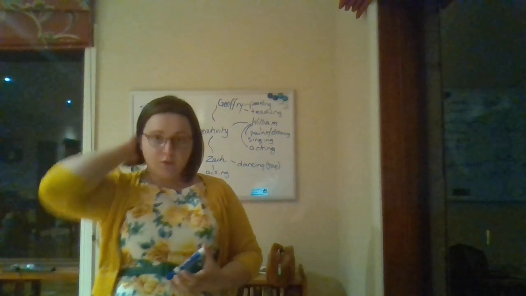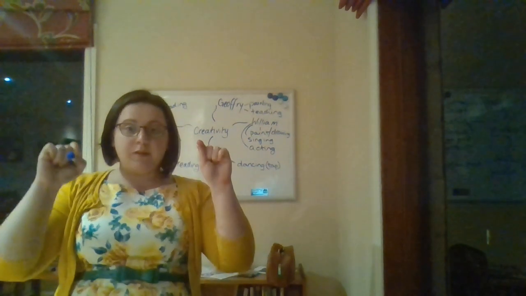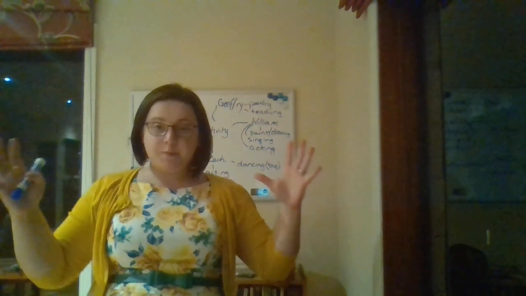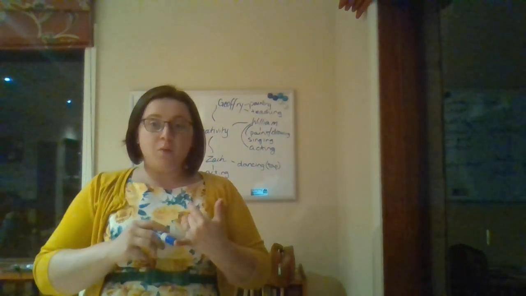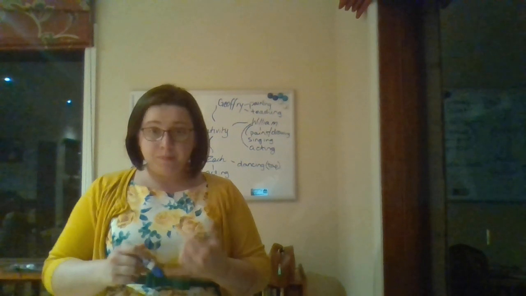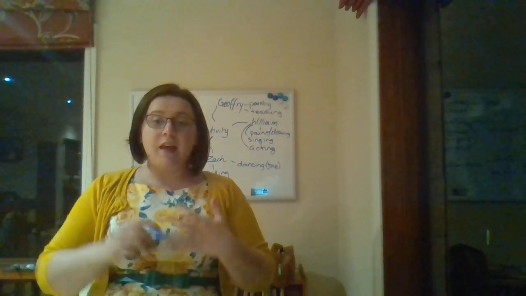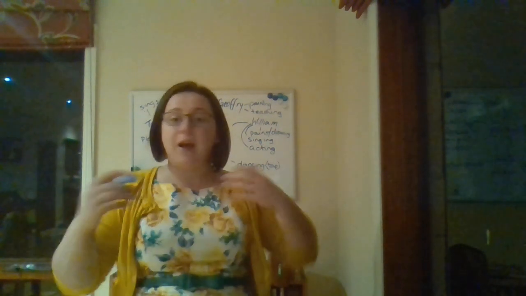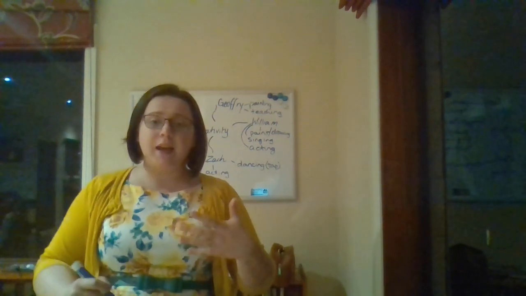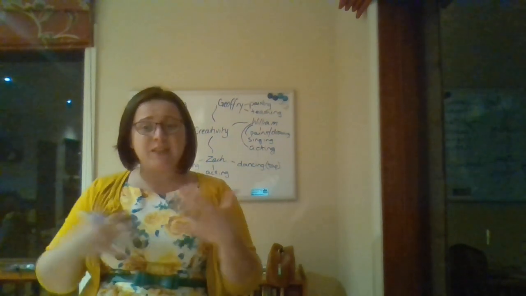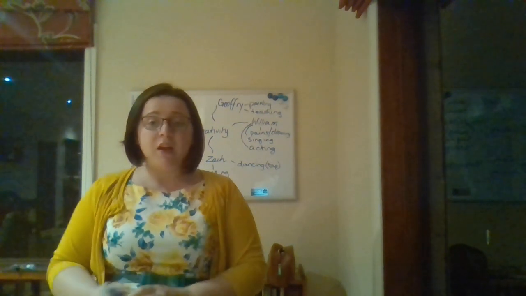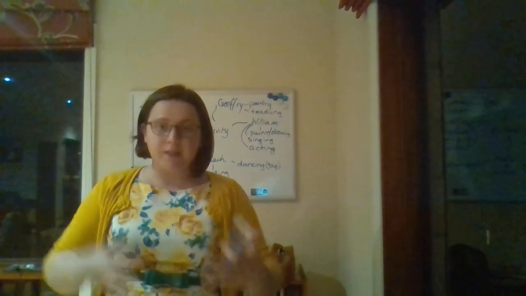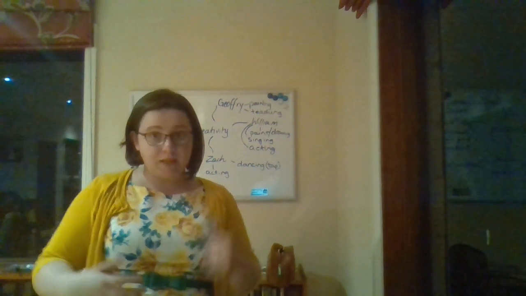So what I would like you to do, your first task, is to go and finish this mind map. I'll take a photo, it will be on the link page. Expand it. I would like you to tell me what it is that they are healing from and what it is that brings them healing. So in William's case, I want you to explore how acting helps him heal from Zach. Drawing helps him find out who he is and deal with the fact that his mother is abusive. Singing helps him connect with Mr. Tom. I want you to explore this in more detail for each of these 4 characters.